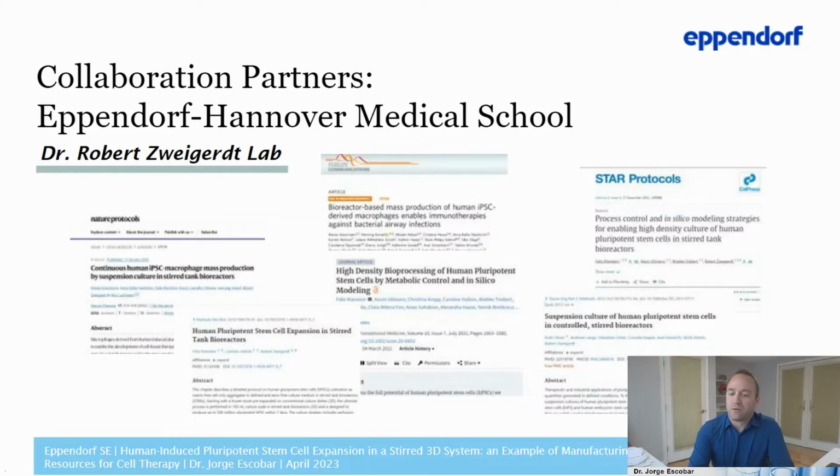So we have an intense collaboration with Professor Robert Zweiger lab from Hanover Medical School. During that collaboration, we developed a new stirring impeller design that supports more homogeneous iPSC aggregate formation. We also developed a retention device, a kind of filter device that allows keeping the aggregates of iPSC in this stirred suspension culture, allowing continuous perfusion feeding. So without stopping the agitation, without stopping the gassing, we can continuously add and refresh medium in the